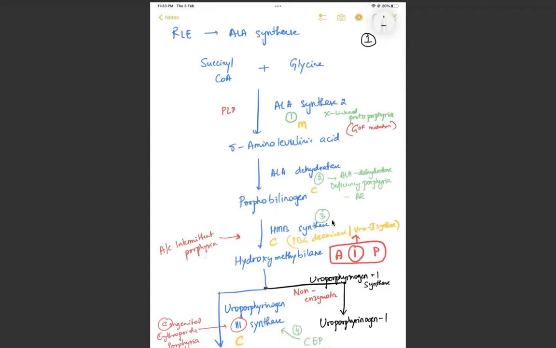They may give a clinical scenario and ask you to identify the diagnosis. Second, they may give a clinical scenario and ask what enzyme is deficient in this condition. Or they may give a clinical scenario and ask what test you do to arrive at the diagnosis. So these are the three ways they can form questions. Based on the clinical symptoms, first we should know whether they are talking about cutaneous symptoms or neurovisceral symptoms. On the basis of that, we can rule out the options and come to a diagnosis.